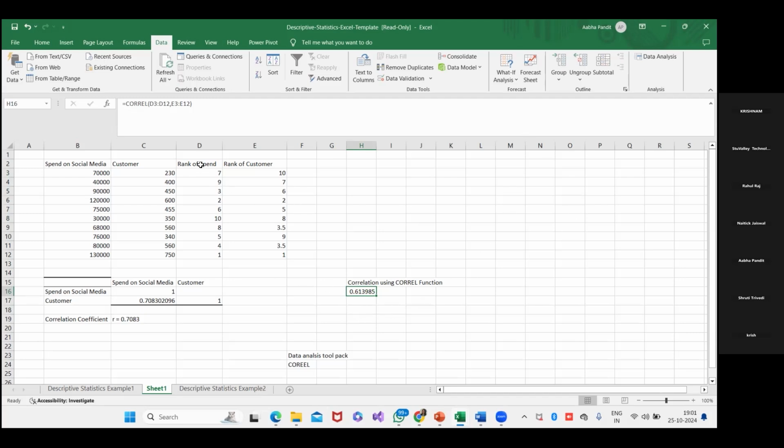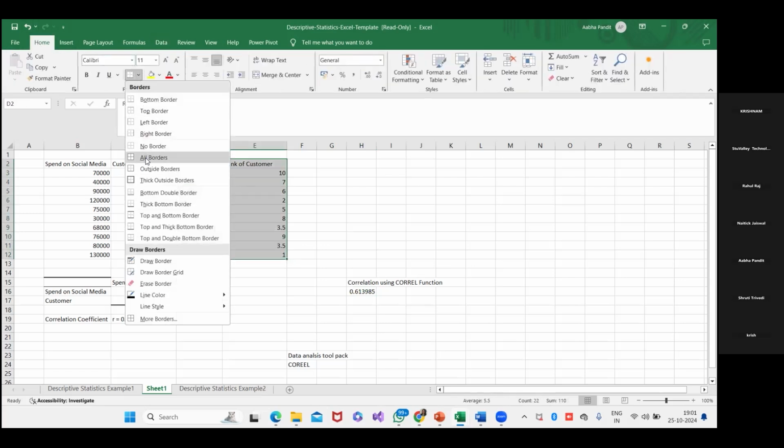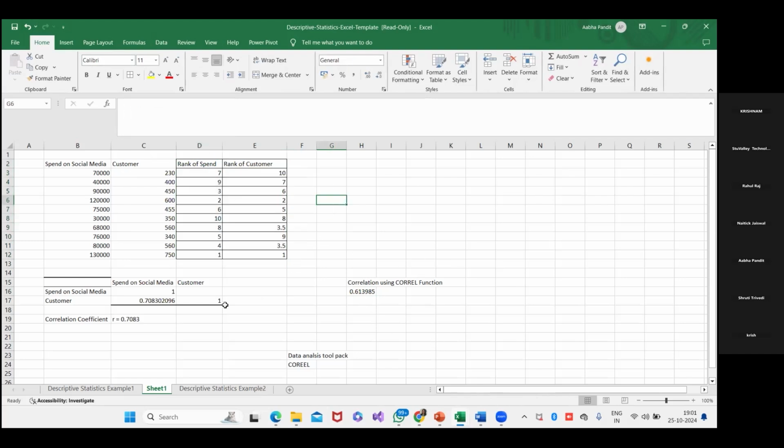The third way is already आपका rank निकल चुका है। Okay, so this rank I am just highlighting। Okay, this rank is already done। Okay, based on this rank ये दो तरीके हुए। Step number 1 हमने क्या देखा? This is with the help of tool pack, right? ये tool pack से निकाला है ना। दूसरा ये step 2 यूजिंग कोरेल फंक्शन है ना। एक स्टेप 3 है, स्टेप 3 इन द सेंस मेथड 3। ये एक मेथड हुआ।